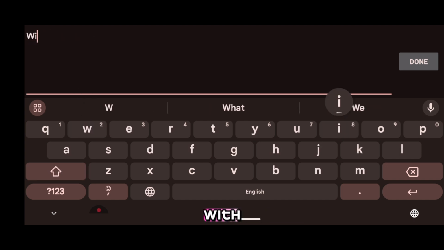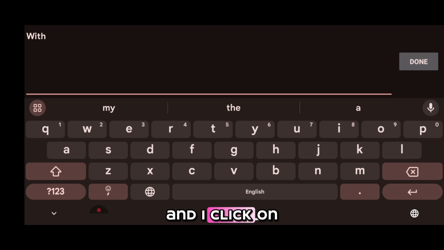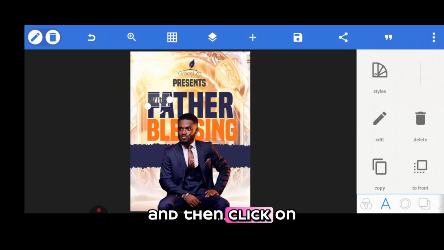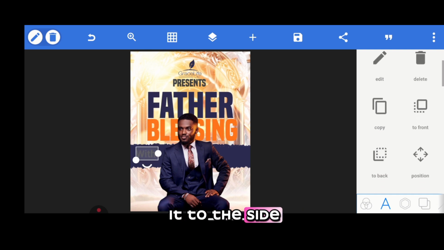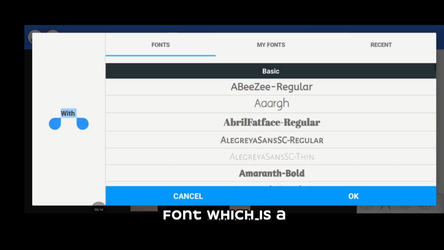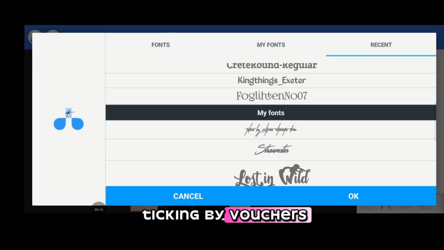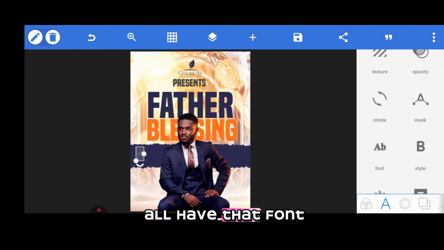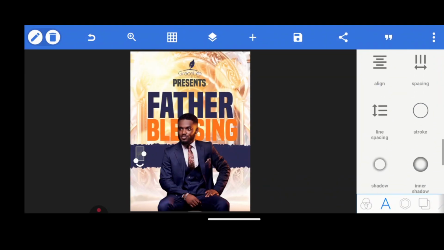So width. Then I click on OK and then click on OK this way. Sorry, and then bring it to the side. Now with the width, I use a font which is Taken by Vultures, and I believe we all have that font. Then Taken by Vultures, let me go to